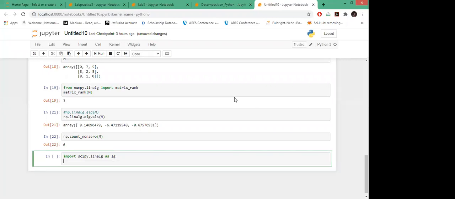So let's take an array. I'm defining this 4 cross 4 matrix array, and then I'll call the function LU to get the factors of this A.